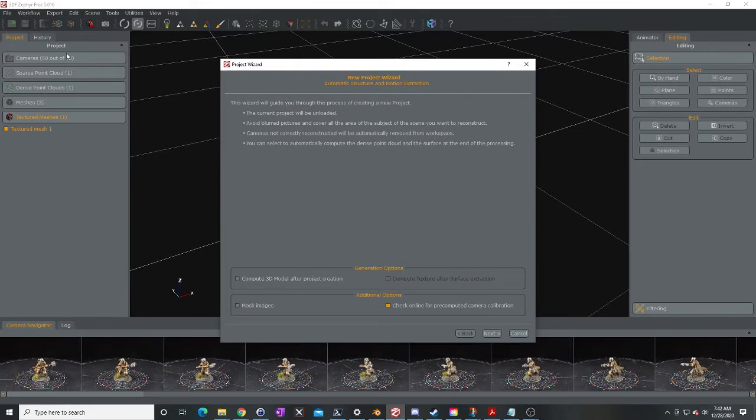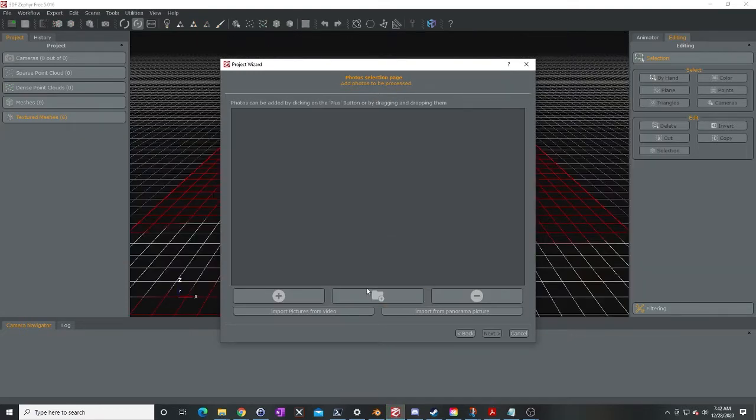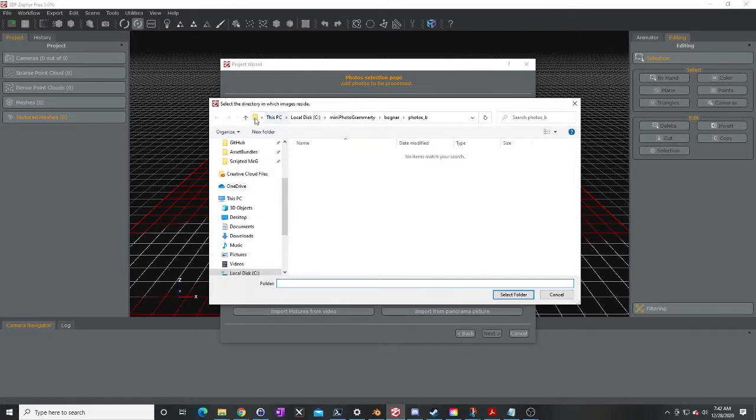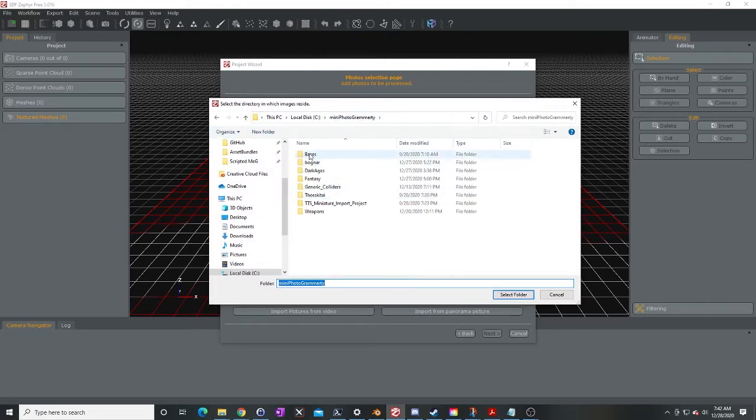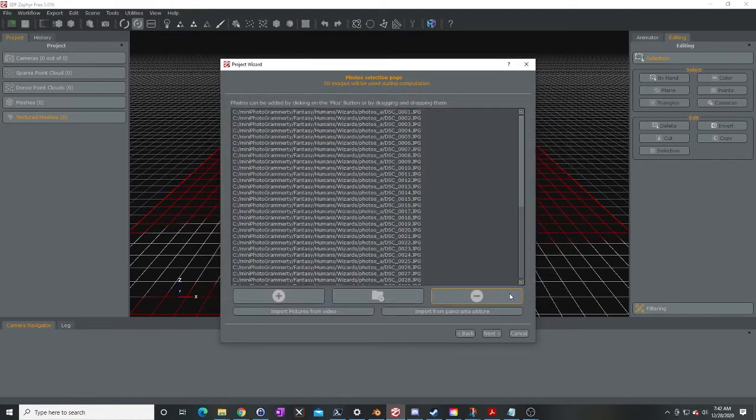And I just went up to workflow, new project. I'm not going to save the last workspace. I'm going to say no to that. I've already got a obj of Bognar. Let's go in my folder structure here. Let's see, fantasy, humans, wizards, photos A. So I'm selecting the folder